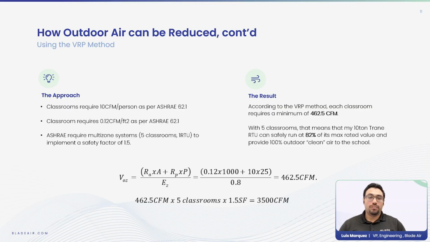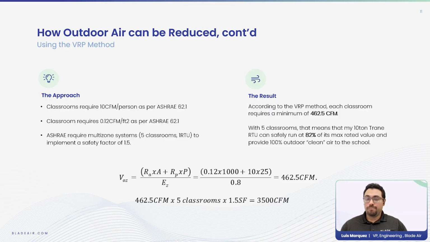So with that in mind, I take my 462 CFM for each classroom, I multiply it by the 5 classrooms and my safety factor, and I get in total, the VRP method recommends that to maintain clean air, I should provide 3,500 CFM of outdoor air. The good news for me is that I made up this example, and so my RTU is correctly sized. It provides 4,000 CFM, and so I can run my RTU at 82% of its max rated value, which